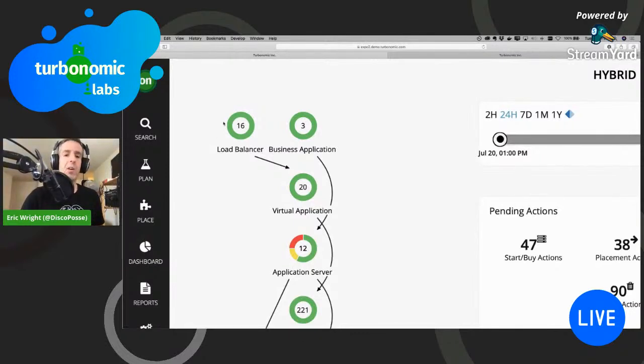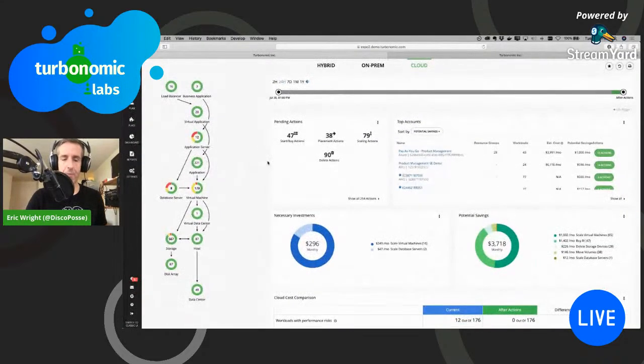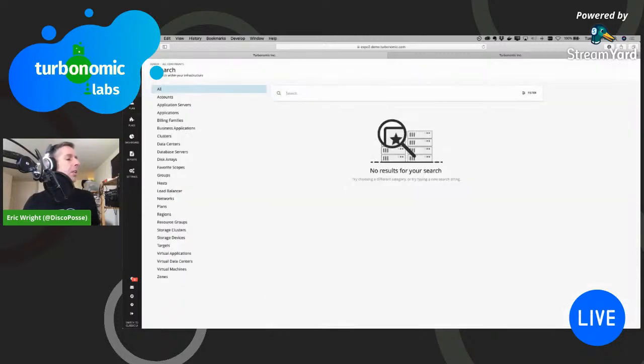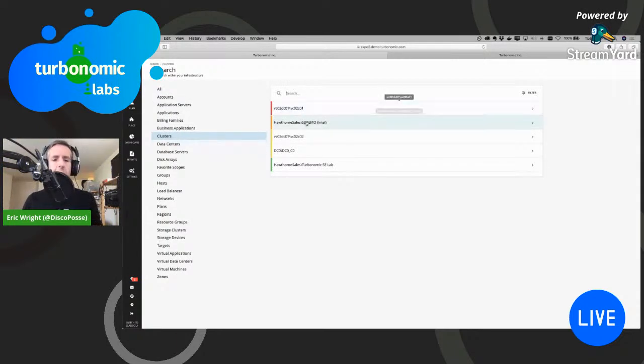So what I'm looking at right now is a very simple environment. So it doesn't need to be huge. You don't have to have massive amounts of clusters to win with this scale. And what I'm going to end up with is, if I go in, the first thing I'm going to do, I apologize, you're looking at the side of my head because I'm looking over at my other screen here. So if I go and I look across my clusters right now, I've got